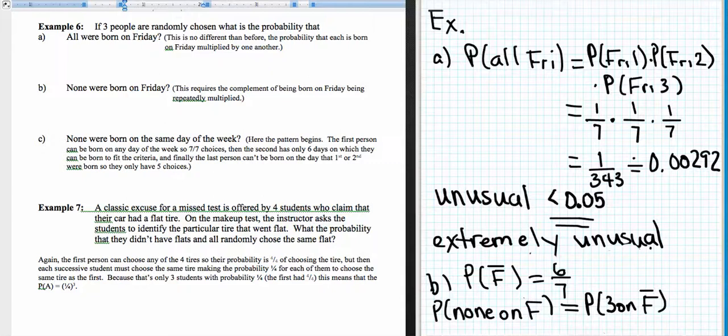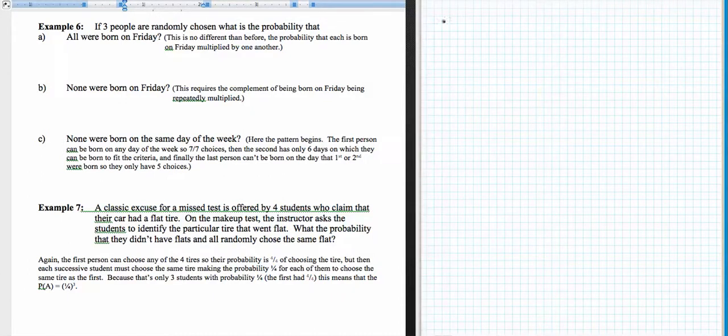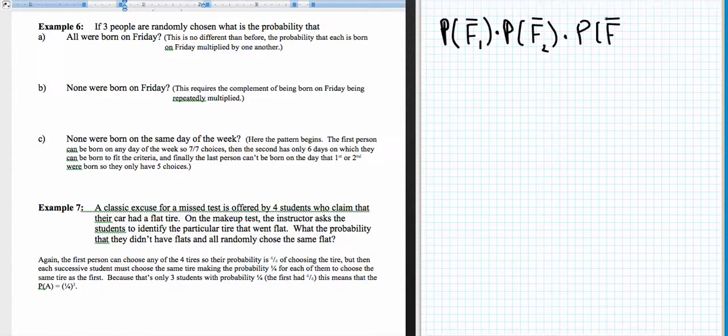So looking at that probability, well, that's not too hard. That's the probability that the first one isn't born on Friday. And the first person doesn't affect the second person, right? So these are independent probabilities. And so that would be times the probability that the second is not born on Friday, and then times the probability that the third person is not born on Friday. And these being independent, that's just 6/7 times 6/7 times 6/7, and that gives us 6 cubed over 7 cubed,